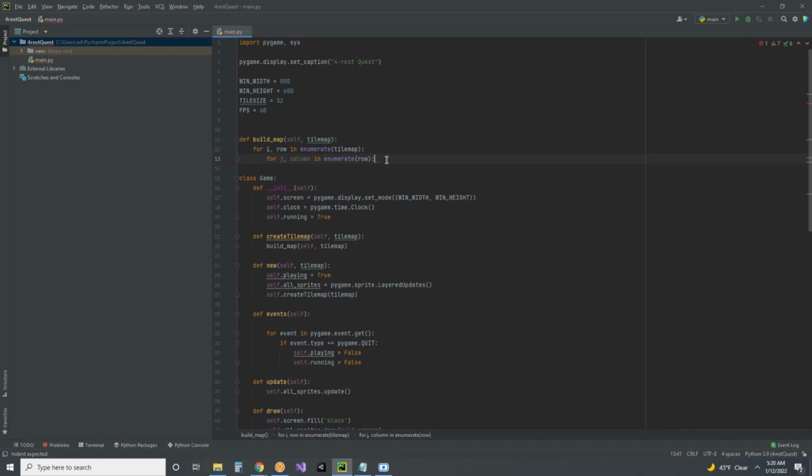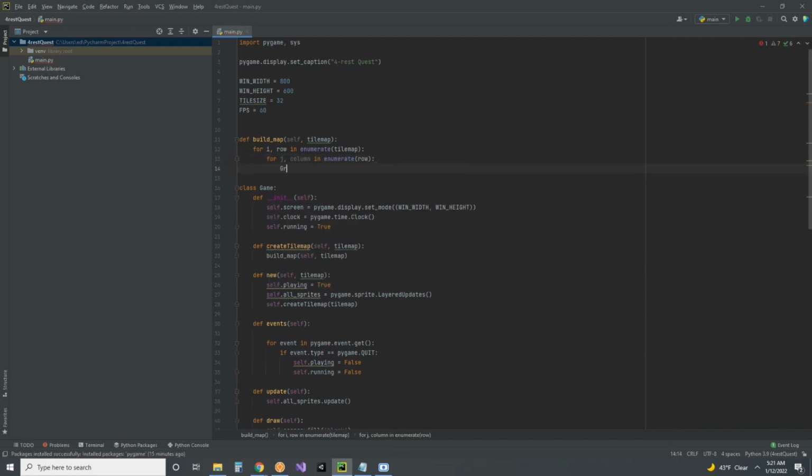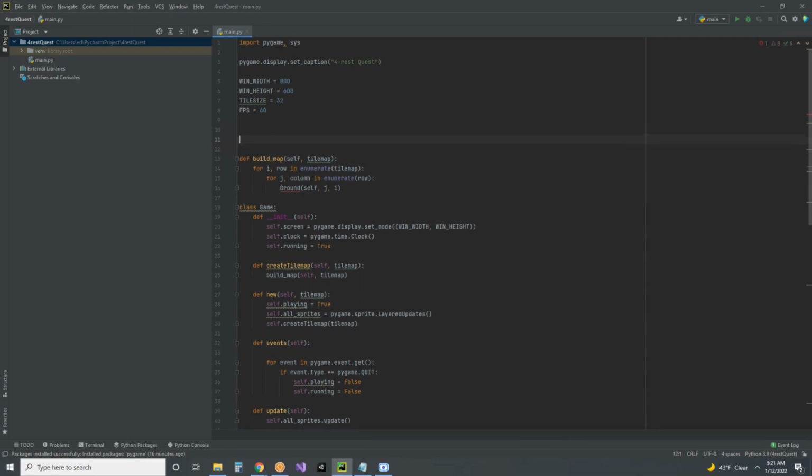So for now, we are just going to put it all in a ground tile. So we will do Ground(self, j, i). At this point, we need to make it where we can actually build these out. In order to do that, we've got to create another class called Ground. So class Ground